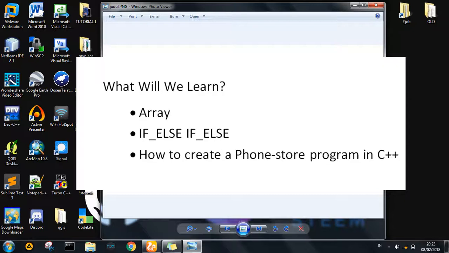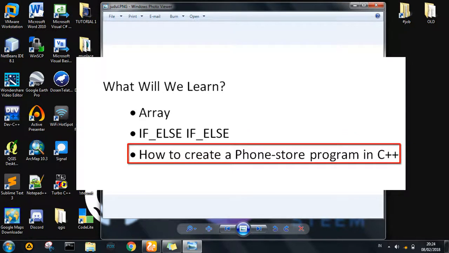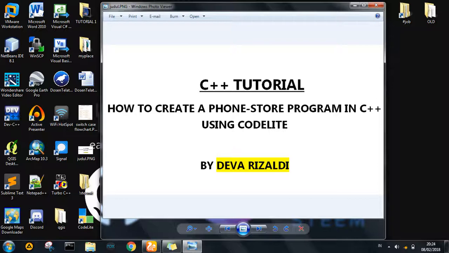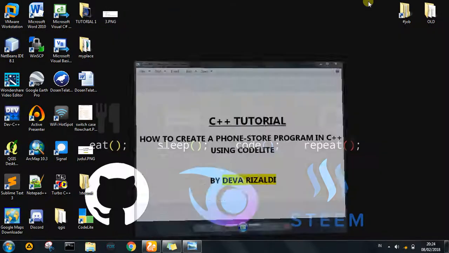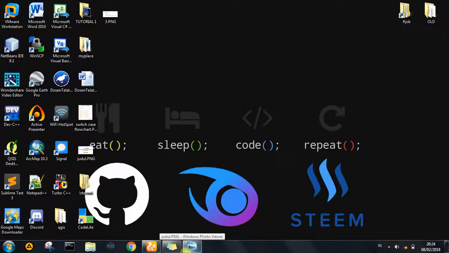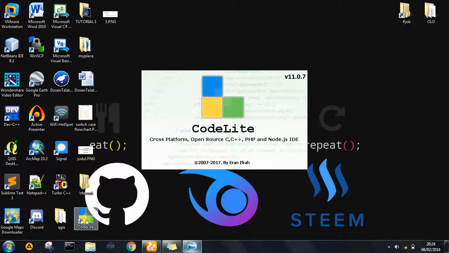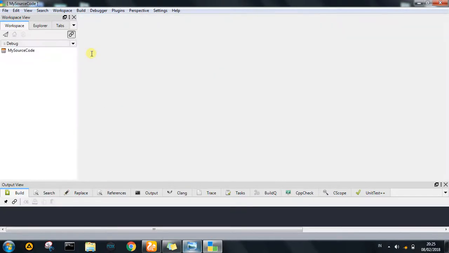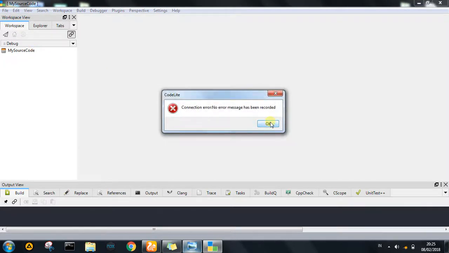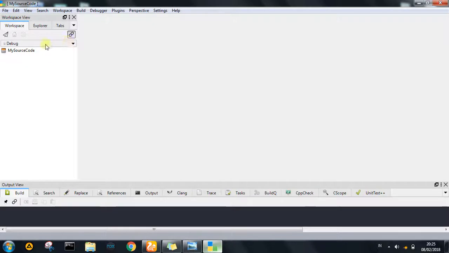Now we will create a phone store program in C++ using Codelite. First, open Codelite. It's cross-platform. After it shows a display like this,